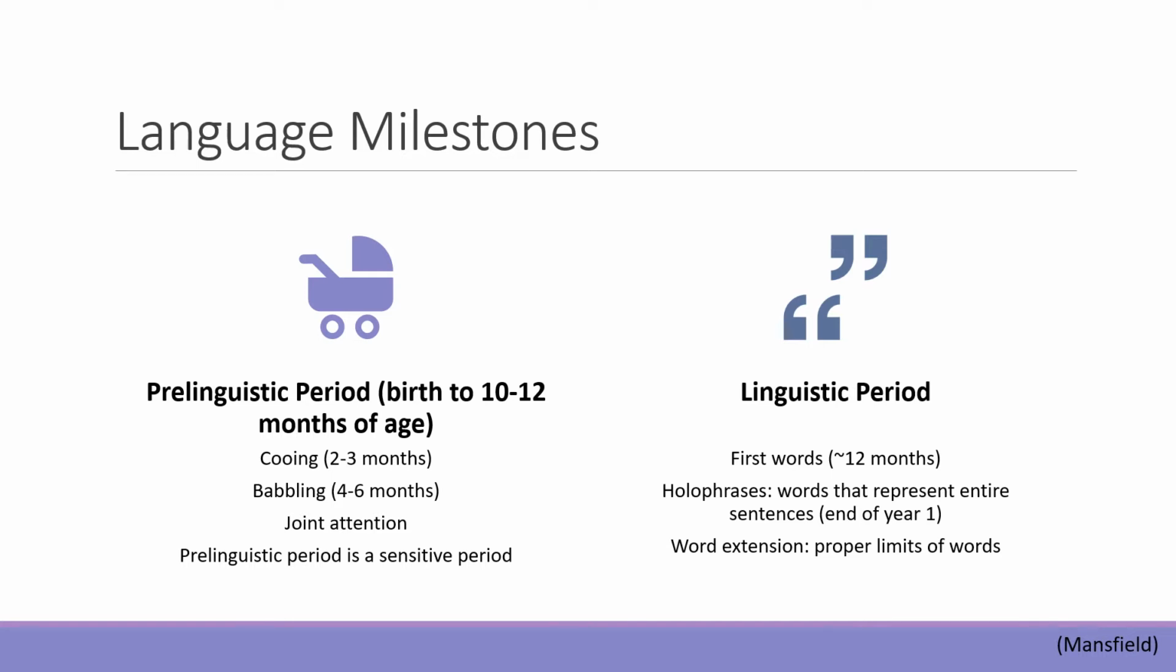From 3 or 4 months forward, babies can participate in joint attention, which is when the baby focuses on the same object, event, or person as the caregiver. The prelinguistic period is also a sensitive period, so it's very important that babies are exposed to plenty of language during this time. The linguistic period begins when the child begins saying their first words, which usually happens around 12